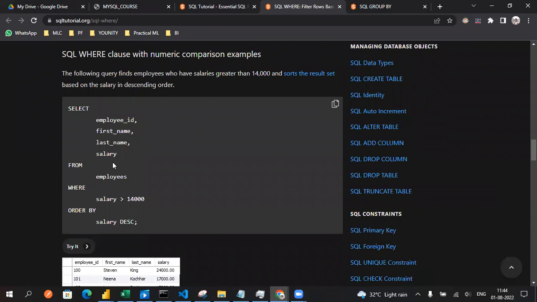Let's go with this syntax: select employee ID, first name, last name and salary from the employees table where the salary is greater than